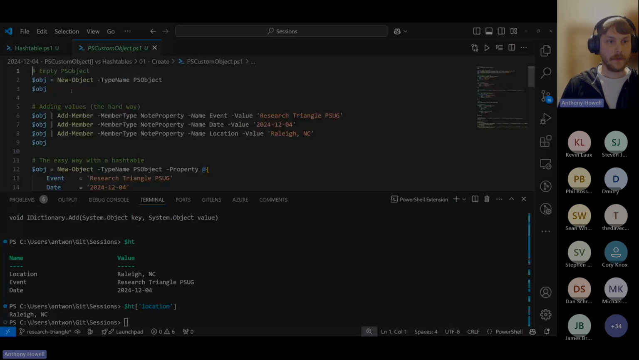All right. So the PS object itself is, like I mentioned before, the base object in PowerShell. Everything inherits from that, because PowerShell is built on .NET. .NET uses object inheritance. So creating a PS object, you can do it with New-Object, right? And we get an object with nothing in it,